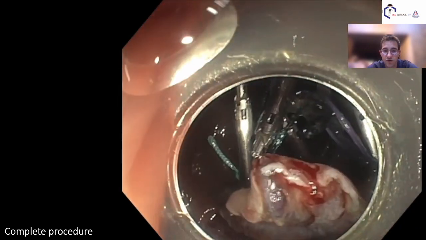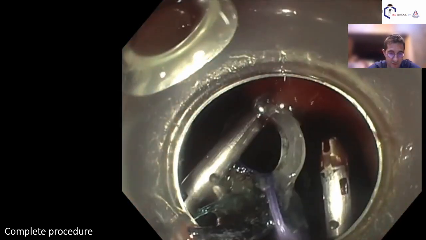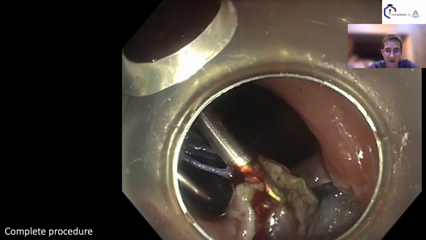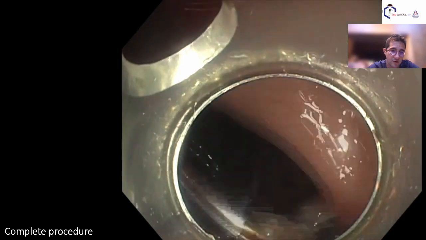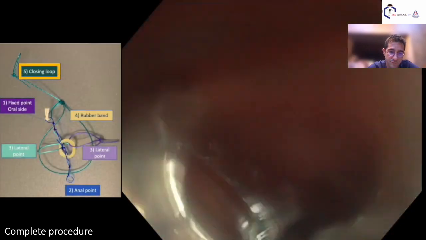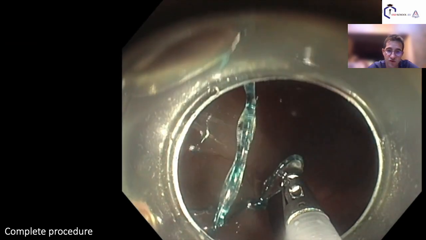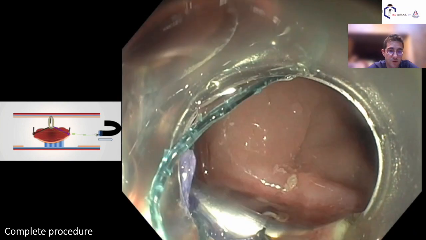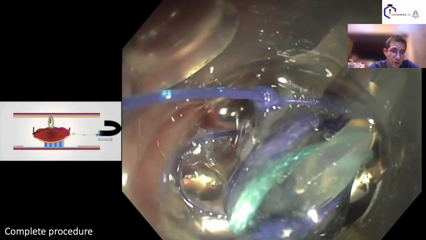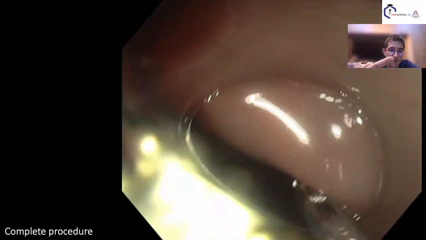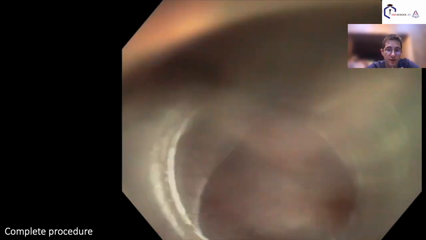We need a little more tension to increase the space, and then we will use this adaptive traction device by searching the loop of tightening, not this one, the long loop which is there, and then I will catch this loop with a forceps, which is a rat tooth forceps, conventional one, and then we will tighten the device by stretching the adaptive loop, and it will stretch all the points of traction together,